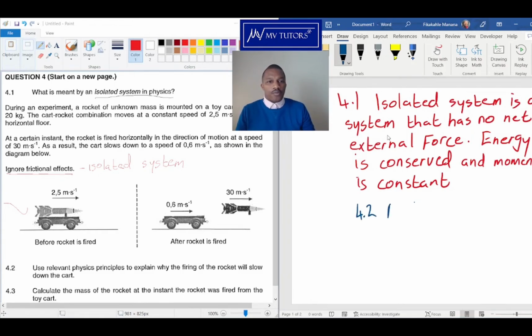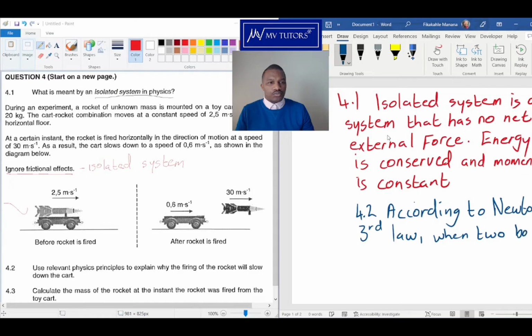According to Newton's third law, when two bodies interact,